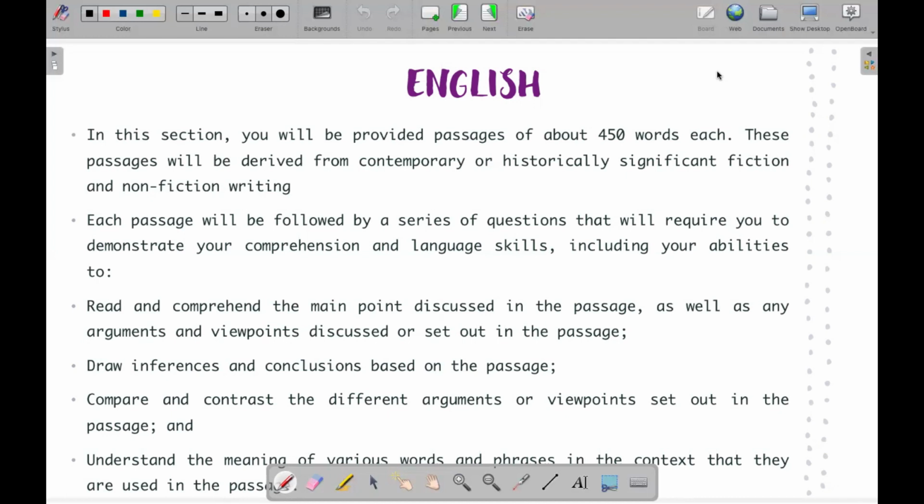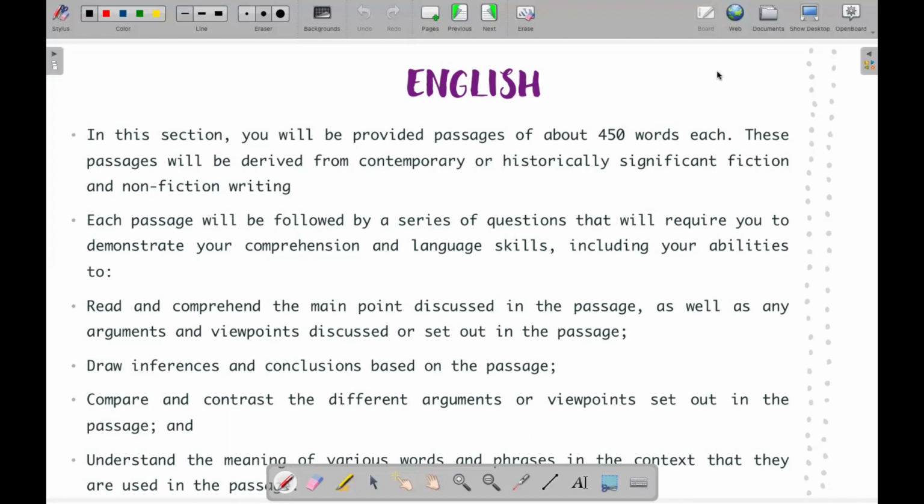You have to make it a habit to read newspapers every day. When I talk about newspapers, I'm talking about newspapers like maybe The Hindu or the Economic Times or Indian Express. And you have to read the whole thing. You have to read the national news, the international news, the editorial, financial news, everything. Not just for GK purposes, but because this is the best way of practicing reading comprehension. And editorials really help you develop your critical thinking skills as well. It helps you learn how to derive inferences from the passages, how to derive data from the passages.